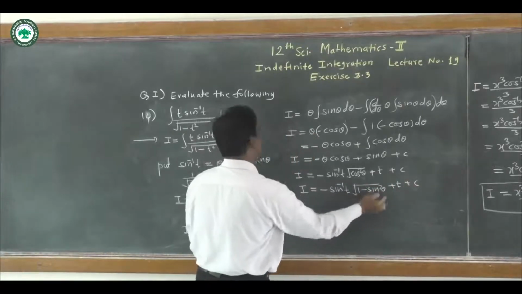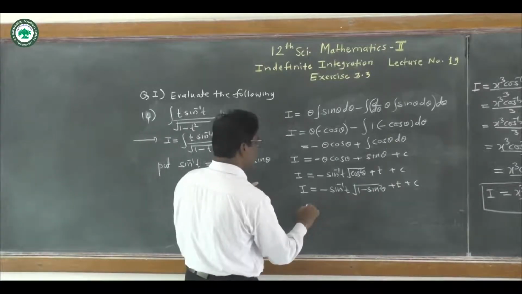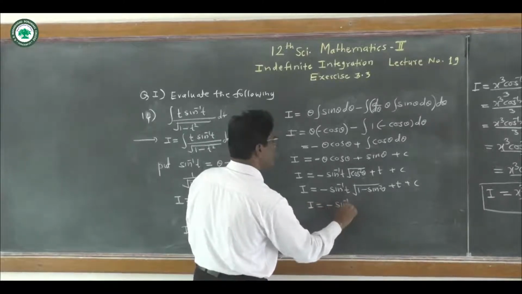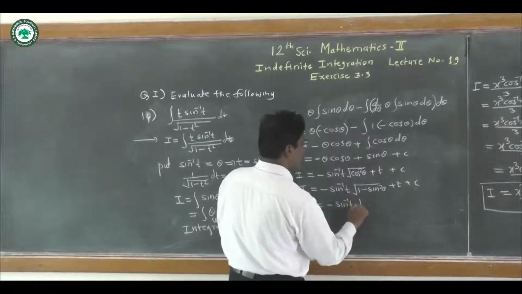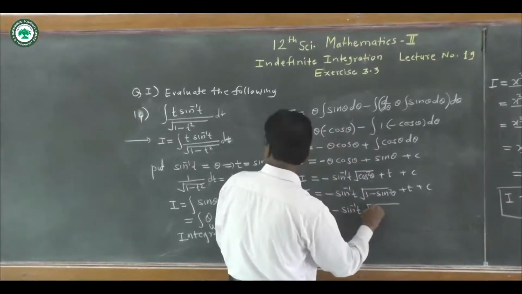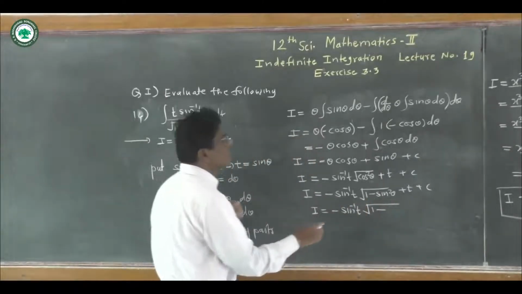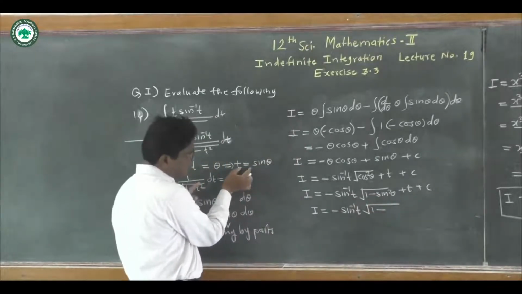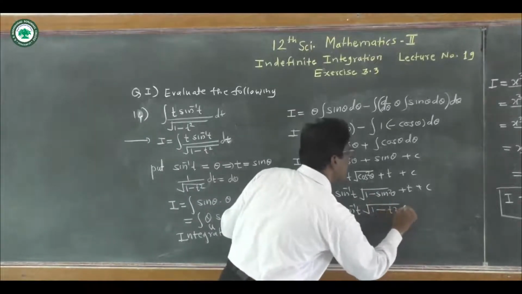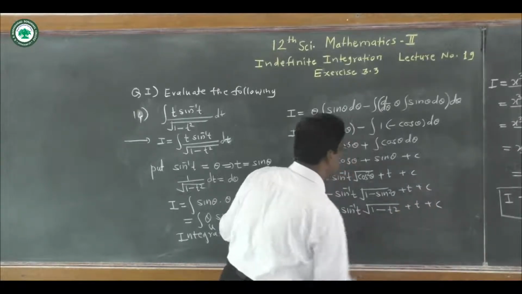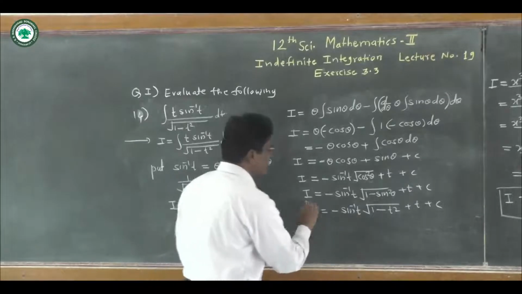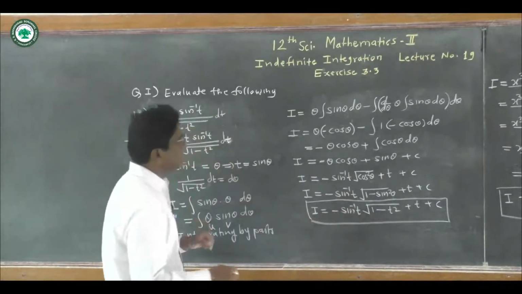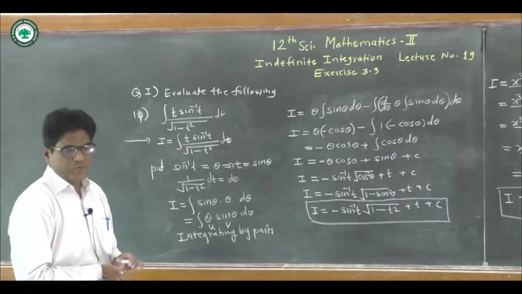And now put the value of sin theta as t, and so we get here I is equal to minus sin inverse of t under root of 1 minus sin theta, sin theta is t, so 1 minus t square, and plus here t plus constant of integration. This is the final solution. Highlight this solution like this and take the screenshot. So in this way we have completed the 14th problem. Now next, the 15th problem.